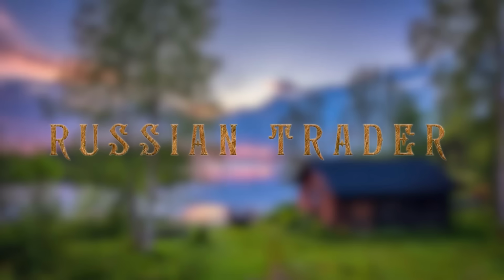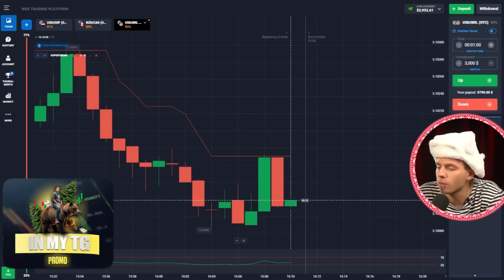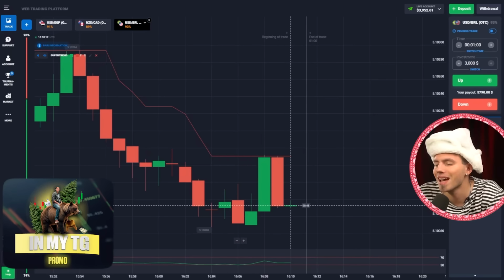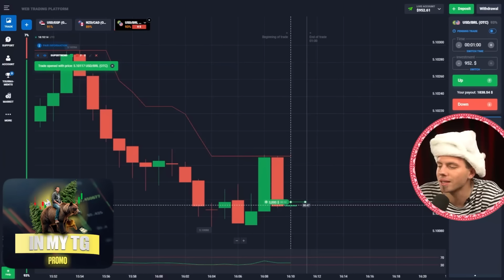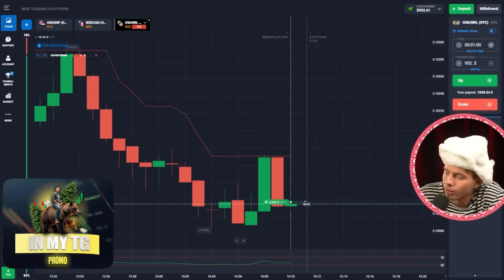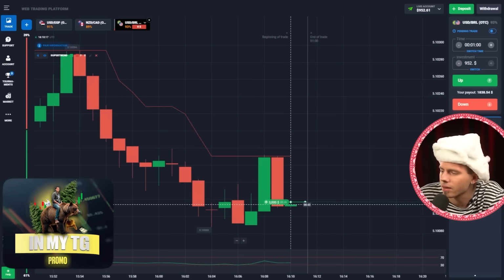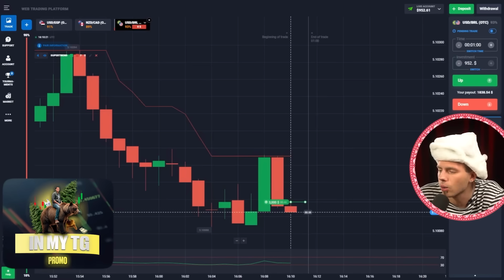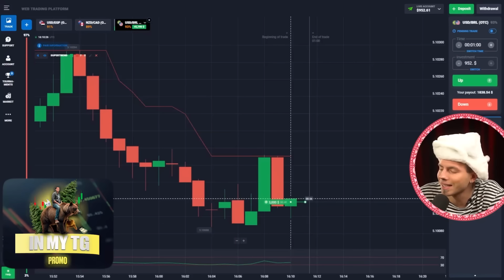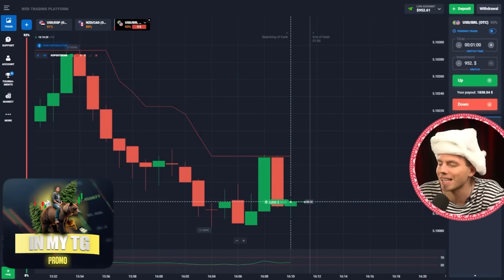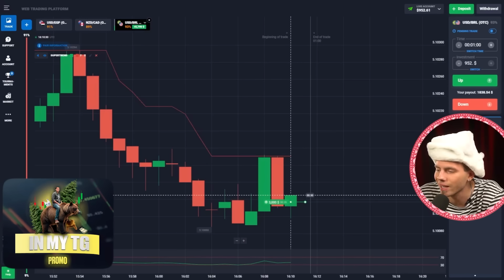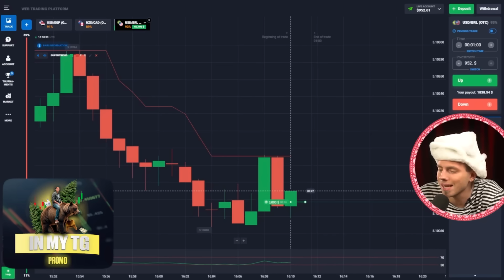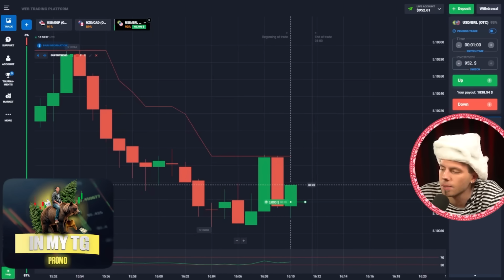Okay, let's move on to the next pair. So what do we got here? Okay, here right now I'm opening a buy trade. So here I can see sideways near 5.10090, you see, and 5.10130. So these are sideways near these levels and a good liquidity zone, and there is a zone of buyer interest there. So in such a situation you can expect a bounce upwards again to the super trend moving